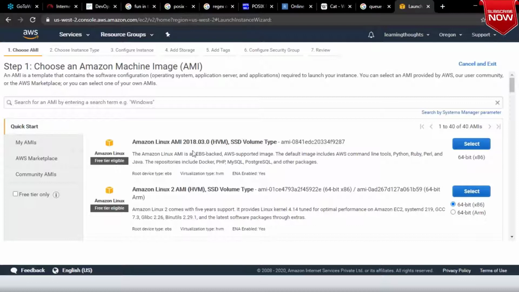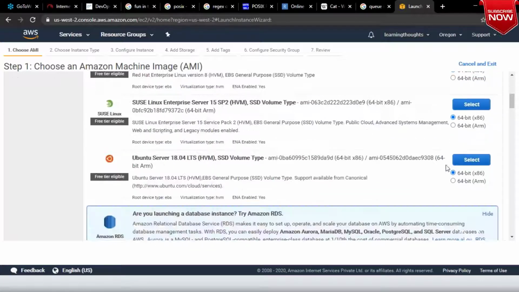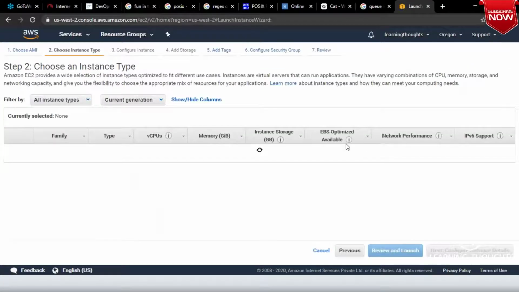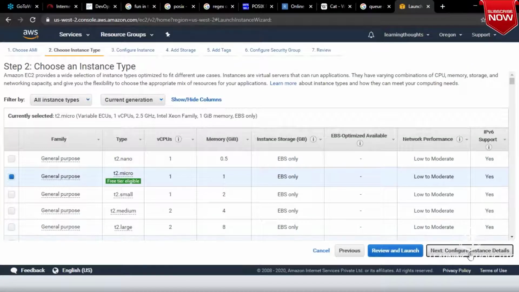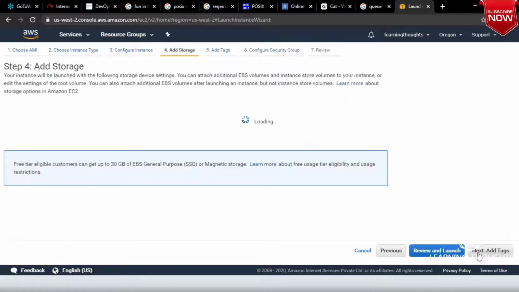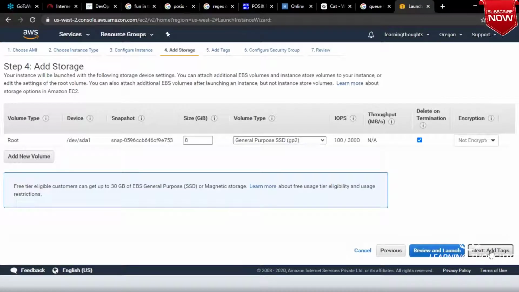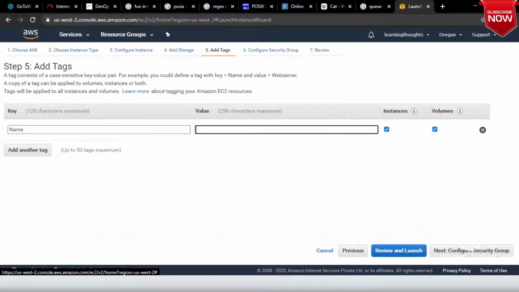If you go with Amazon Linux, it will have Python installed, but generally that is not something you might have if you don't have an AWS account. That's the reason why I'm going with Ubuntu. I will call it Python test.